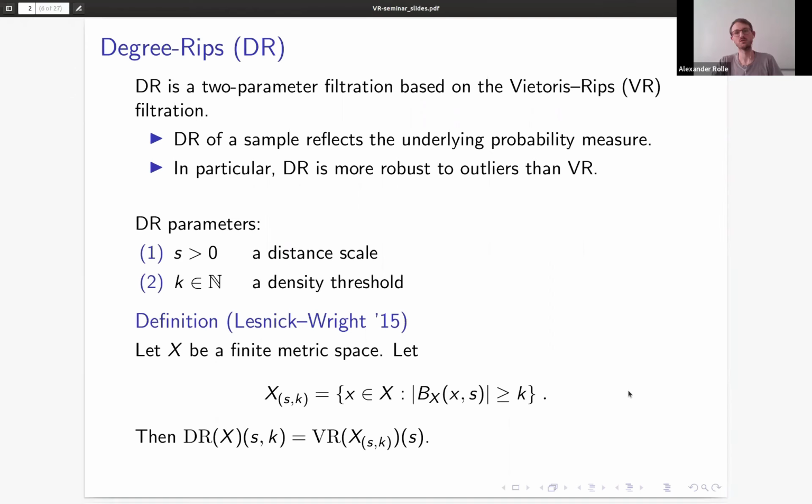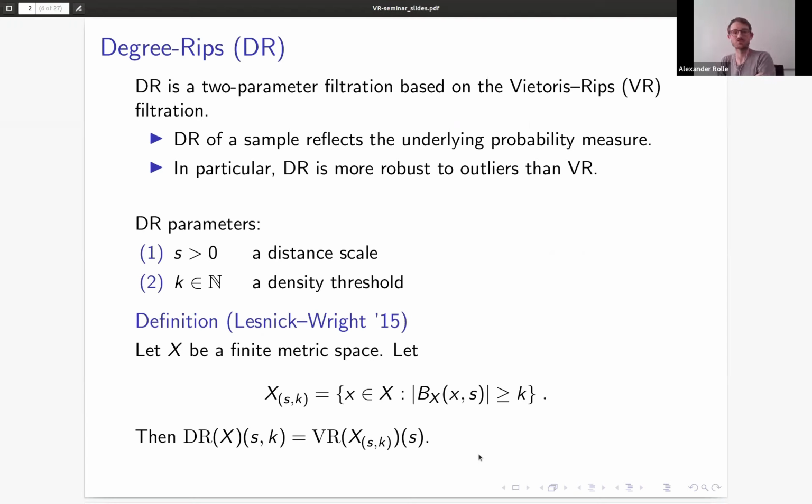And then as S and K vary, this forms a two-parameter filtration of X. And then we get the degree-Rips filtration just by taking the Vietoris-Rips complexes of this thing. So at parameter S and K, we take this subset X_{S,K}, we reuse S for Vietoris-Rips, and now we get a... maybe I'll just note that another way to think about this is